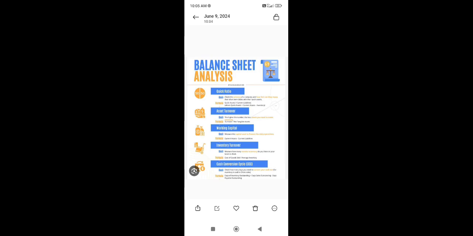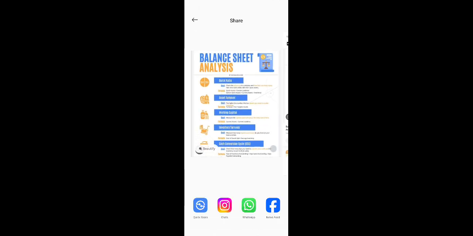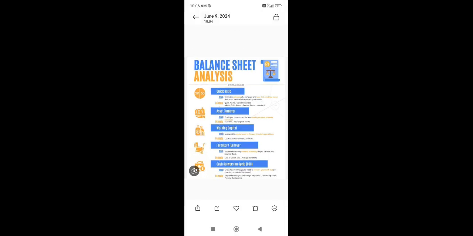And the second one is the asset turnover ratio. Why are we focused on the asset turnover ratio? The goal is that the higher the number, the fewer assets you need to make revenues. It means that when the asset turnover ratio is higher, the need to purchase assets to make revenue is less. The formula is turnover upon net tangible asset. Turnover means the overall turnover of the business, and net tangible asset means the tangible assets, which are fixed assets the business uses for a long period of time.